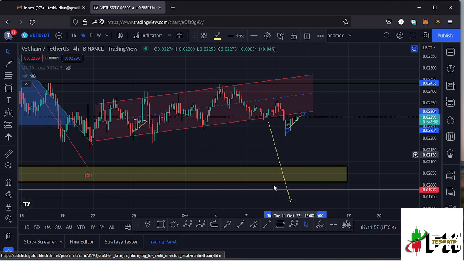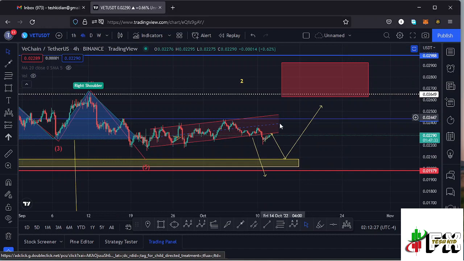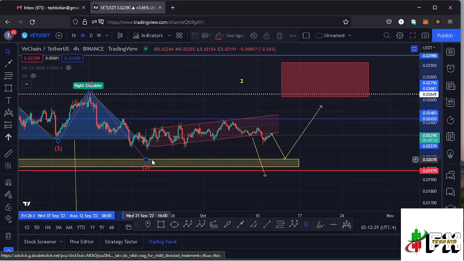So in case the retest is a success and we continue seeing lower prices and lose that key area of support down here, then my head and shoulders pattern right here will be playing out. And there is also a possibility that in case we see a breakout and get to this key area of support, we might find support and then see a very nice bounce to the upper side in a movement which we can term as a second wave to the upper side